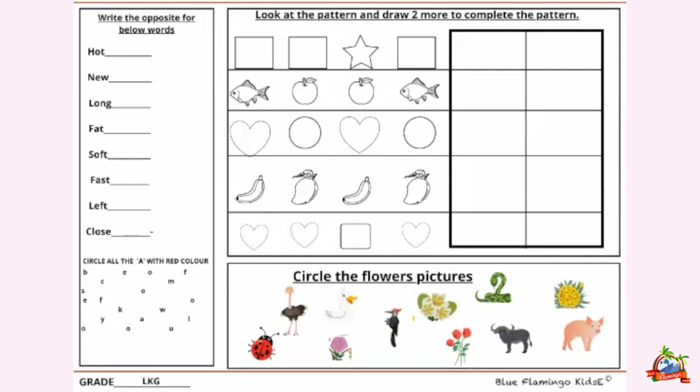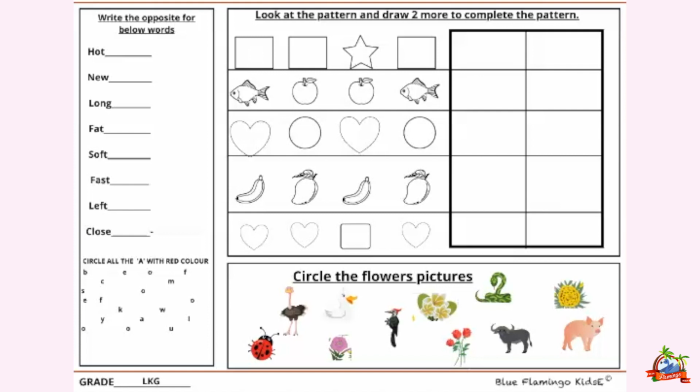H for hen, I for ice cream, J for joker, K for kite, L for lion, M for monkey, N for nest, O for orange, P for parrot, Q for queen, R for rabbit, S for sun, T for tiger,